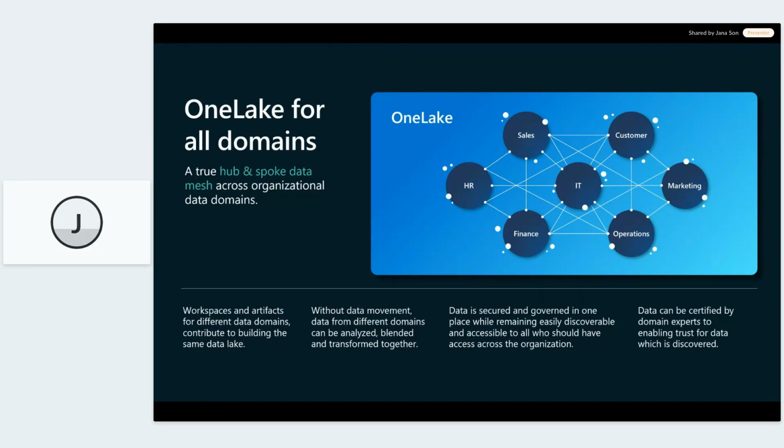So, of course, data mesh is as much an approach to working with data as it is an architectural design. And it's a way of managing your data in a decentralized manner across the organization.